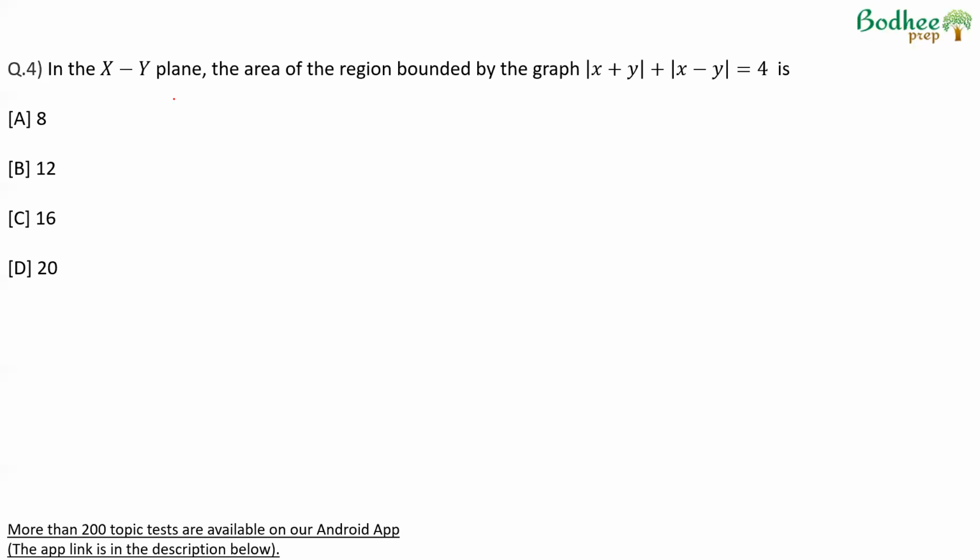In the xy plane, the area of the region bounded by the graph |x + y| + |x - y| = 4 is to be calculated. So I'll draw the graph. From there, calculation of the figure becomes easier. What I'm also doing is I'm drawing two lines, which will be